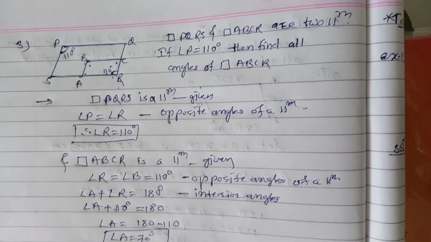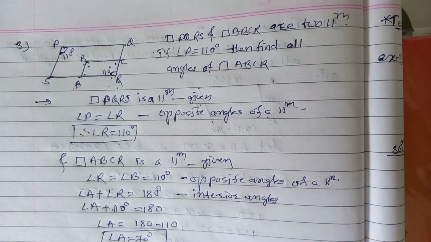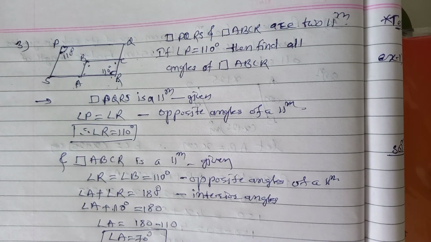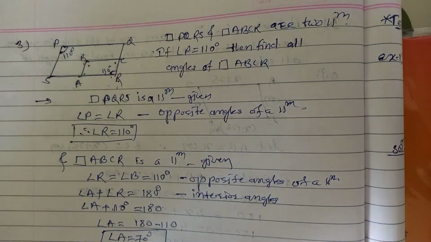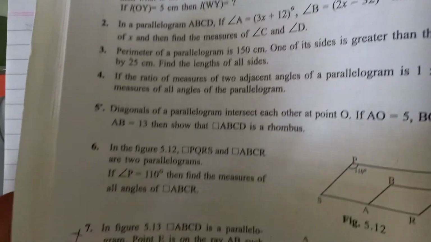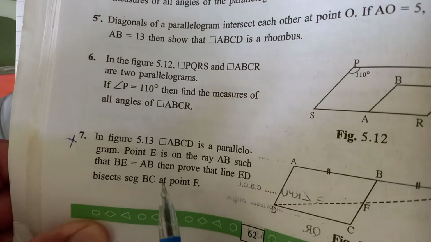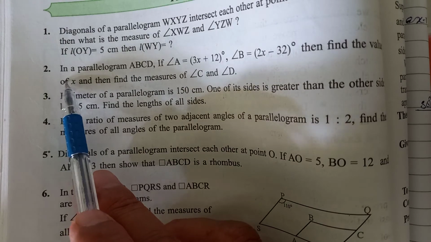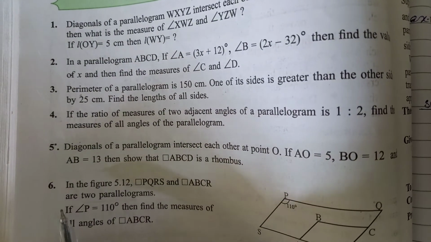Just 2 remain, I think. You have to solve that. 3 solved now. So 3 remain. So 1 is not there, that is omitted from the syllabus. Okay, I will send the photocopy of this one. This last one, the 7th one, is omitted from this 5.1. We have solved the second, okay, third and 6th. So the remaining you have to solve.